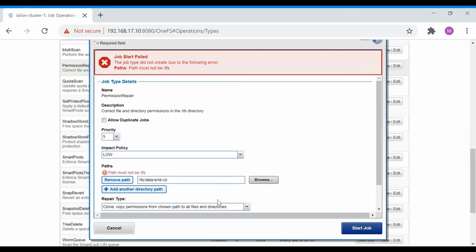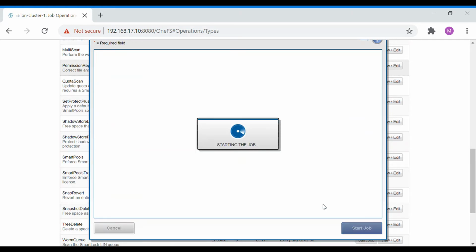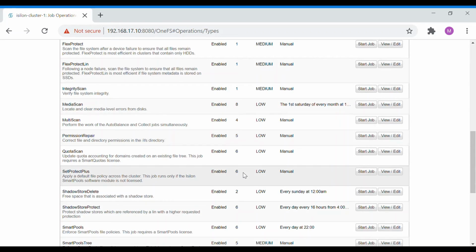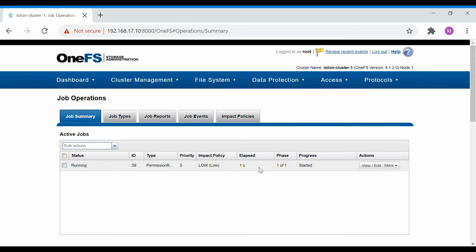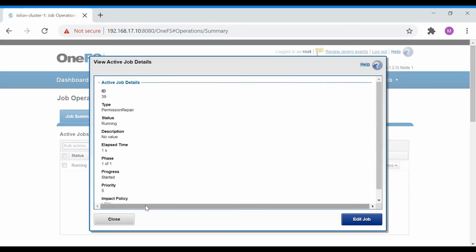Okay, so it says remove path. Here you can see the job is getting started, and you can see the phases, the job ID, what type of job this is, the priority, the impact policy, and the progress. It has just started, and you can view the same thing here.